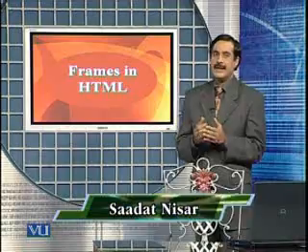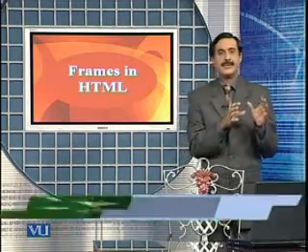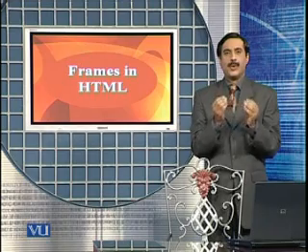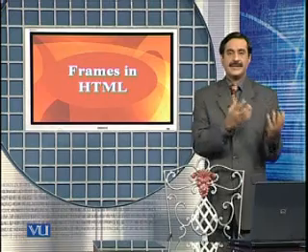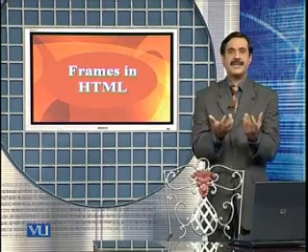The frame set page lays down the rules on the basis of which the page is divided or converted into shells or frames. And then the content pages, which are separately developed and created, host all that material which is to be displayed on these different frames which we have created with the help of the frame set page.